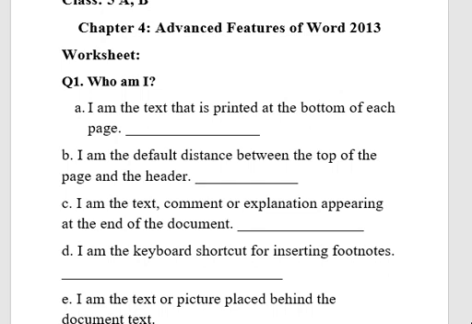A hint is given and you have to find out the word, right? So I am the text that is printed at the bottom of each page. What is the text which can be printed at the bottom of each page? That can be the footnote, because it gets at the bottom of each page. If I write here footnote,